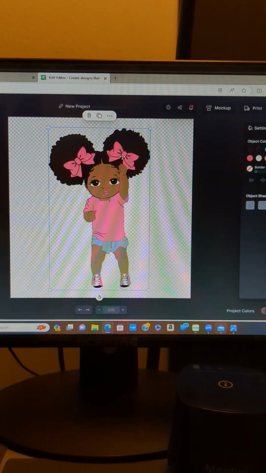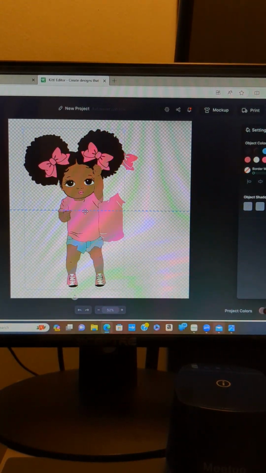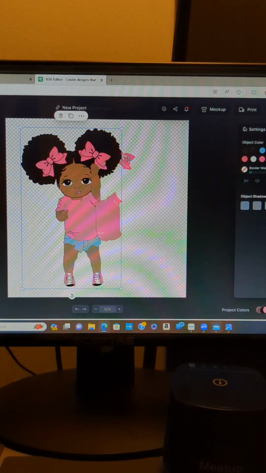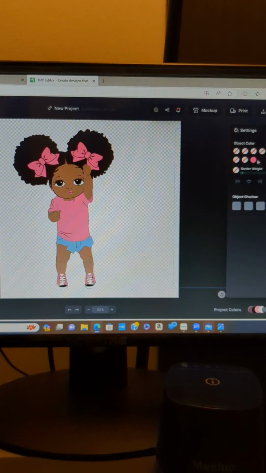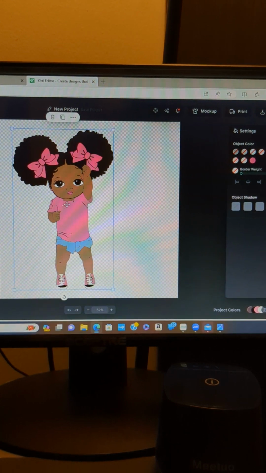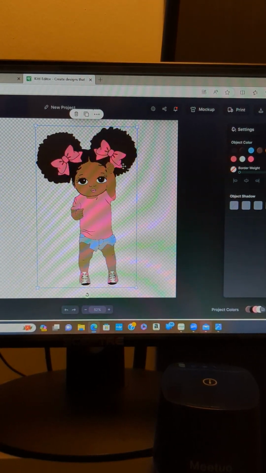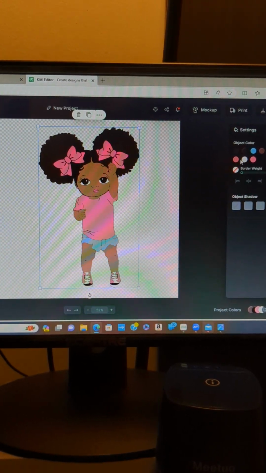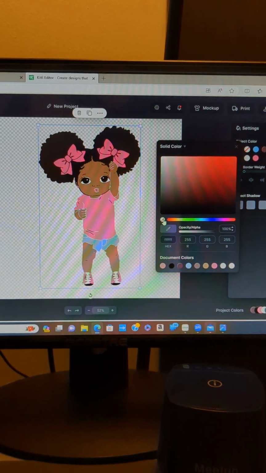So we're gonna get rid of everything else. So we're gonna put her over here. Say keep it. So we're gonna get rid of all the pink. We're gonna keep all the black. So we're gonna get rid of the brown,